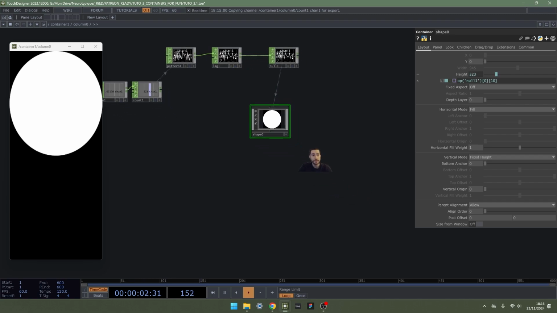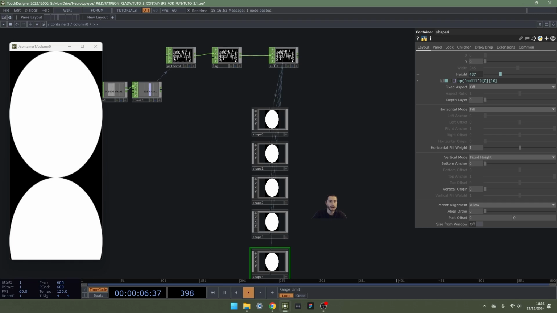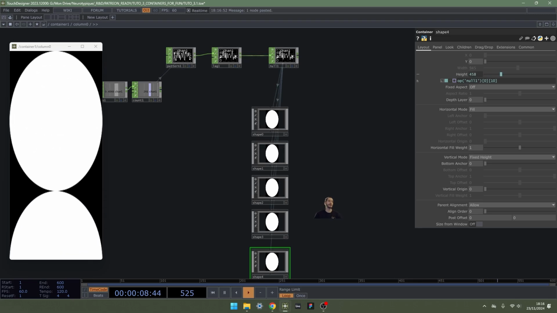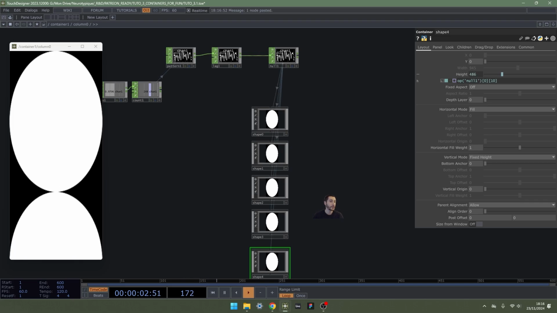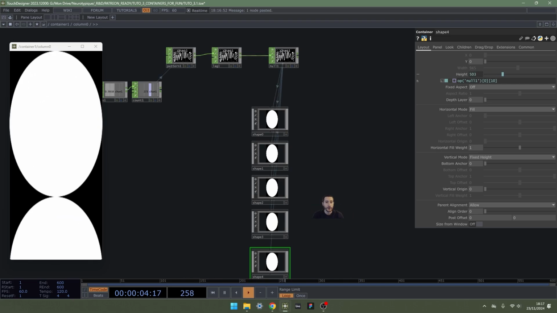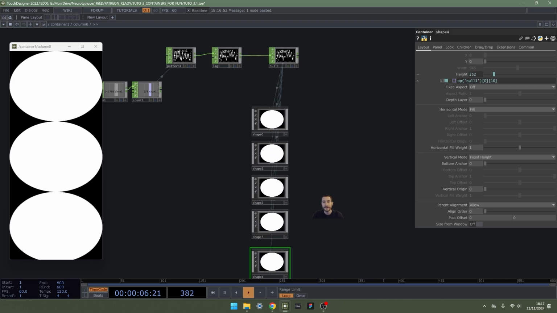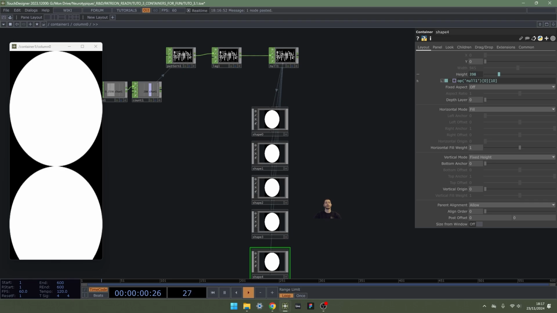So now if we want different shapes, let's just copy and paste. And now it's working partly as we want. What it's doing right is stacking all the circles. The obvious thing that doesn't work is that it's all the same.